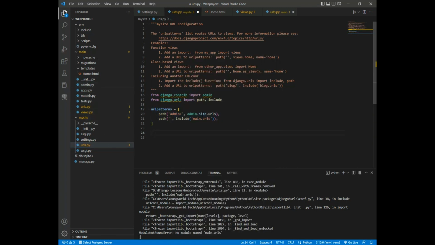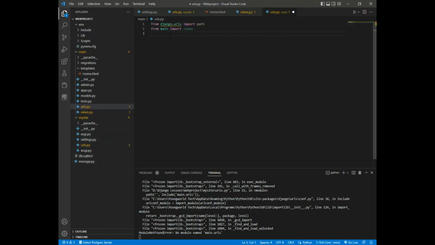You go to urls.py of the main app and paste there. This is the way you are supposed to write URL patterns. urlpatterns equals that. After pasting here, you are supposed to end it, and then this one requires to be edited in this manner. Delete this, and then you can use this other one. Also delete that part, because you need path, and then the path is supposed to point to